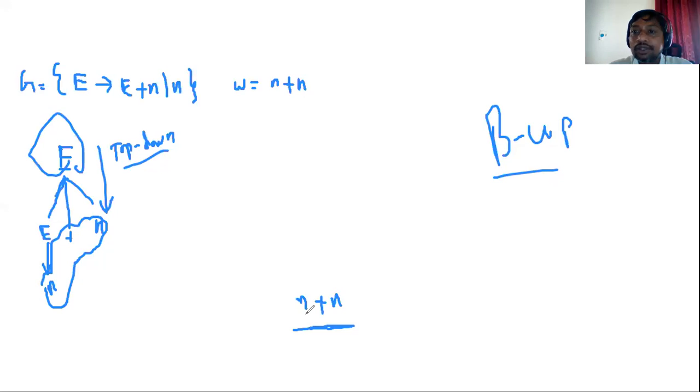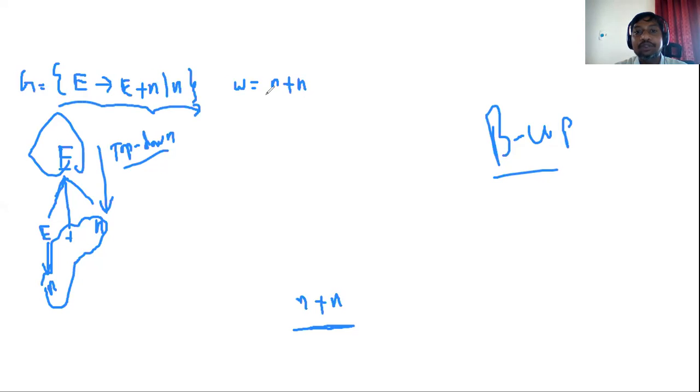If you're able to do that, then we can say the string is a valid string. We are following the reverse approach. In top-down parsing, we are expanding the non-terminals. Here in bottom-up parsing, we'll try to reduce the terminal string to the start symbol of the grammar. Let me explain it with an example. Let us consider the same grammar.